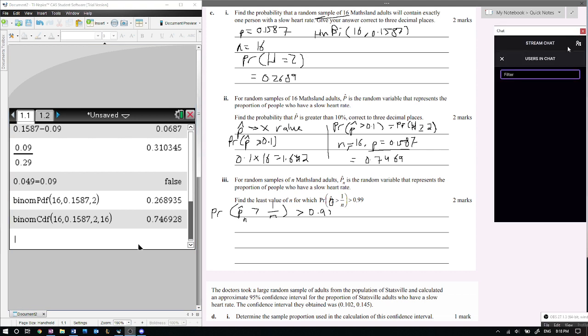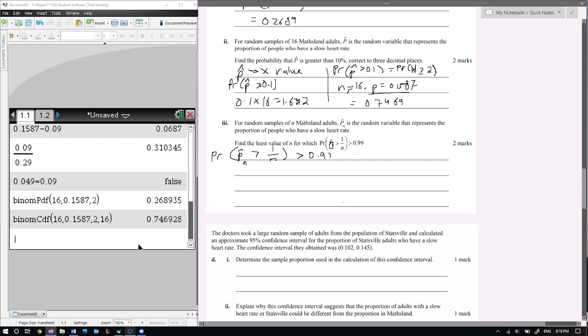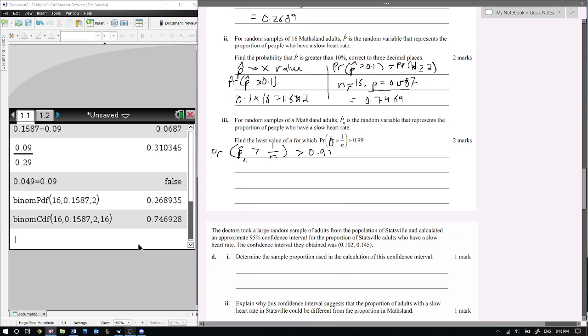Alright, continuing. So for this question, it's best to try and sound it out in your head, if that makes sense. So really try and understand what the question is asking. So the question is asking for the total population size, for the proportion of 1 over the population to be greater than 0.99. So if you think about it, if our n value is our population,